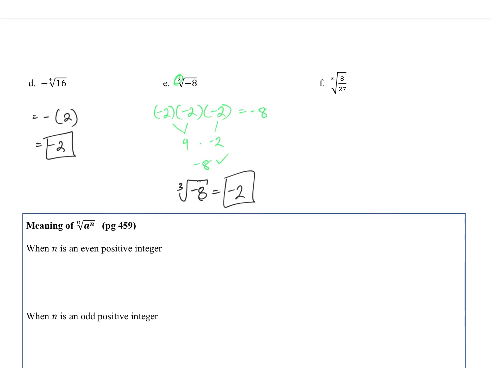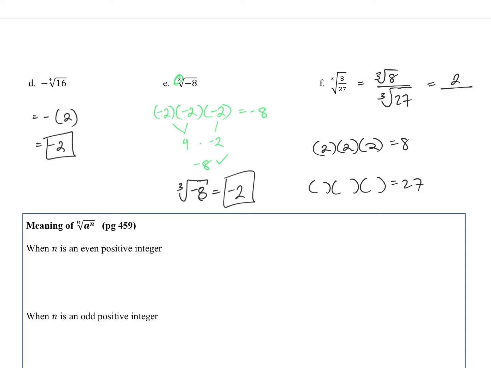Now let's take a look at f. Once again, we're looking at a cube root. I can actually split this cube root. That's the cube root of 8 over the cube root of 27. So now we're looking at what times itself 3 times gives me 8, and then what times itself 3 times gives me 27. Well, I already know that 2 times 2 times 2 gives me 8. So this is going to be 2